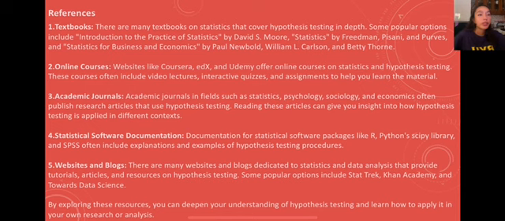Academic journals in fields such as statistics, psychology, sociology, and economics often publish research articles that use hypothesis testing. Documentation for statistical software packages like R and Python's SciPy library, and websites and blogs. There are many websites and blogs dedicated to statistics and data analysis that provide tutorials, articles, and resources on hypothesis testing. By exploring these